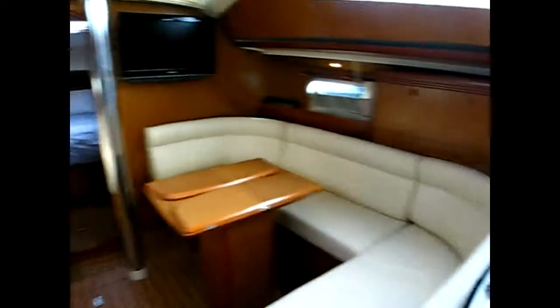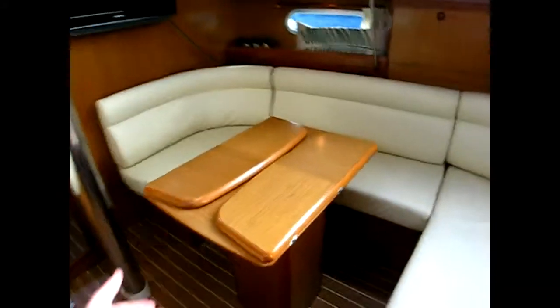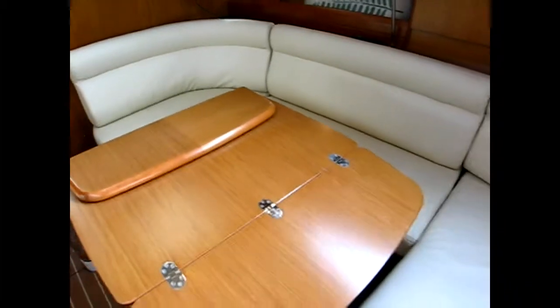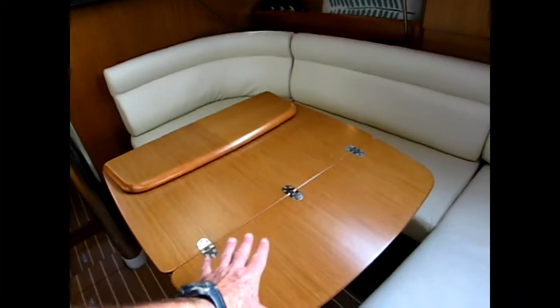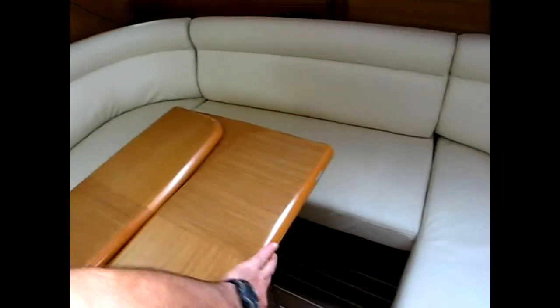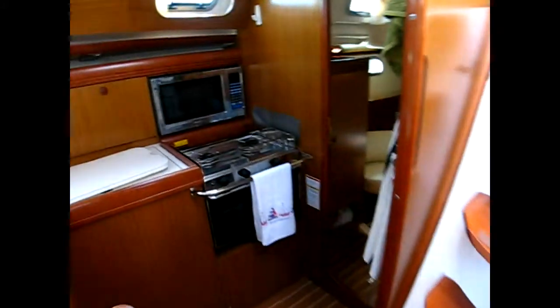And in the salon, this is actually genuine leather, cream colored genuine leather. This has the deluxe fold-out salon table, like that. Some of them have a table here that converts into a bed. This is not that. Very, very nice table though. Going into the aft cabin,